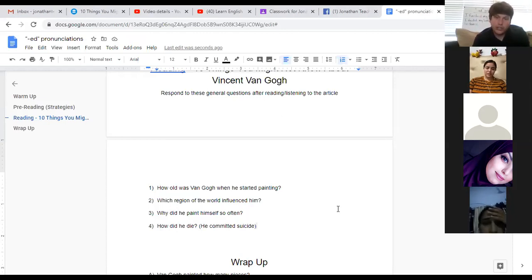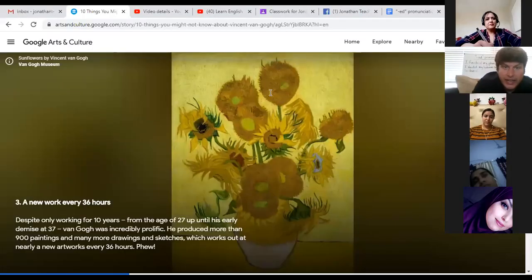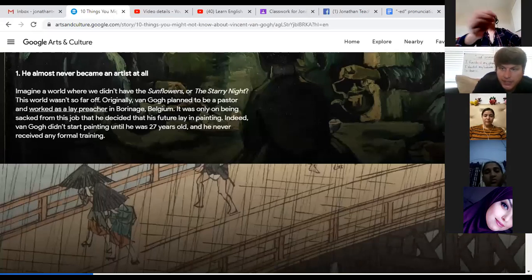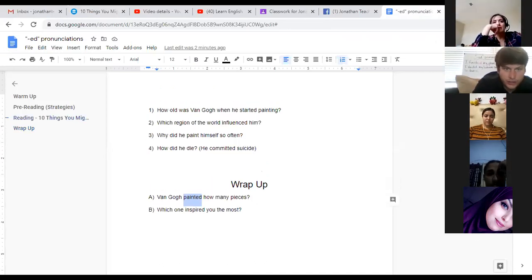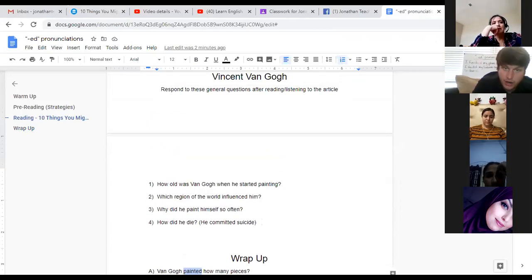So not only were we practicing reading, we were also practicing the pronunciation that we were focusing on. So it's a good way to put 2 skills together and to really practice more than one skill at the same time. Okay, so now that we did the reading in order to see the target vocabulary in context, and now that we talked about some of the general points, just the main ideas of the article,